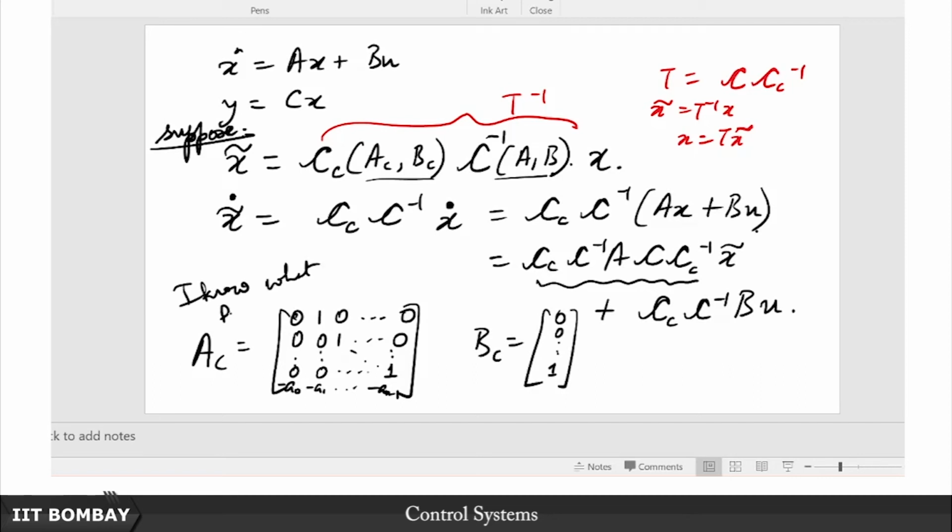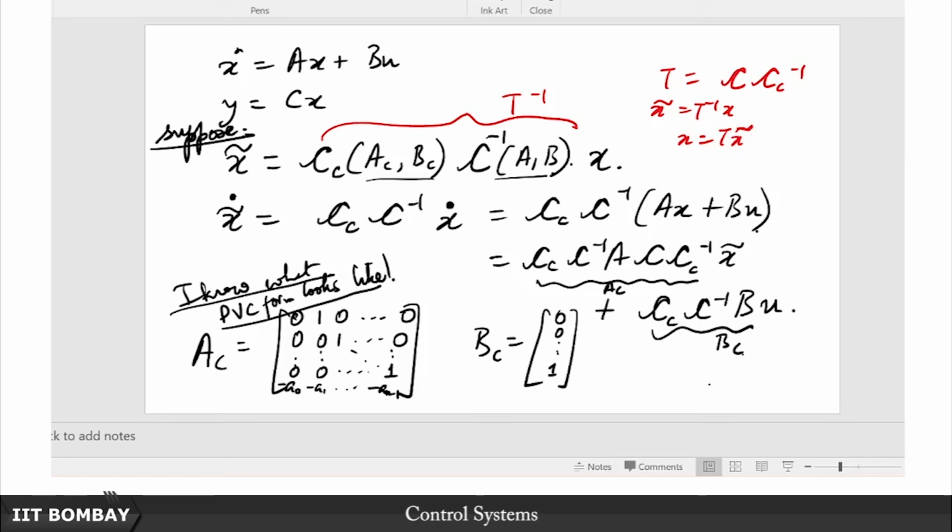I know what the phase variable canonical form or the controller canonical form looks like. That is the key observation. So I do not need to really evaluate, this is not just any arbitrary realization. Just like I knew how the observer canonical form looks like, that is the first realization we started with. That is why we also invested time on studying what the phase variable form looks like, the A and the B matrix structures. There is a certain structure to this, and that is precisely what we are going to exploit.